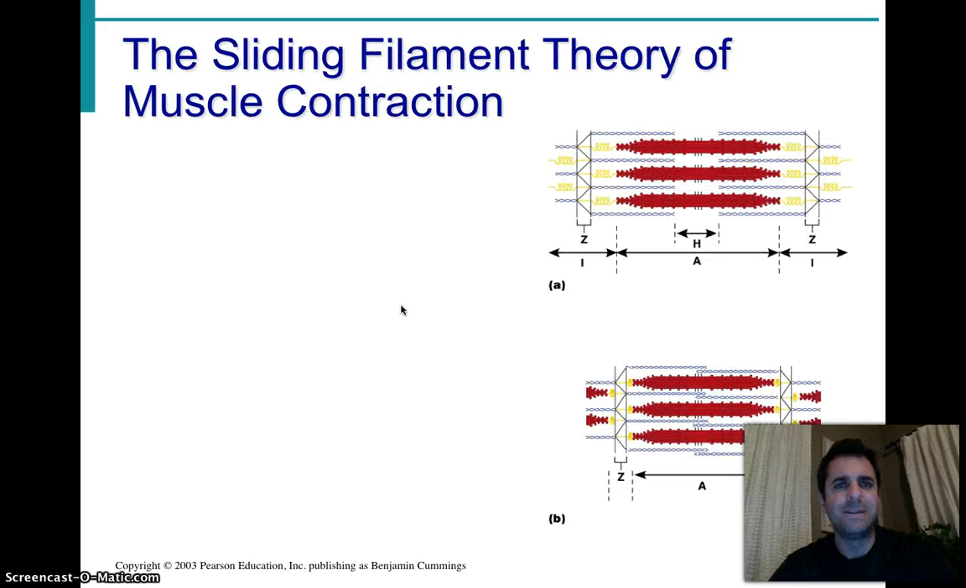Can't be stopped. We call this now, when we do this moving, the shortening from Z disc to Z disc, the sliding filament theory of muscle contraction. It is just a theory. It's the best we've got. It's our current understanding. We can't actually visualize and see what's going on, so this is the best understanding that